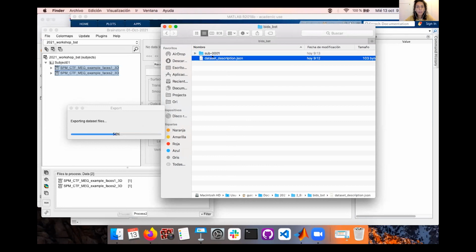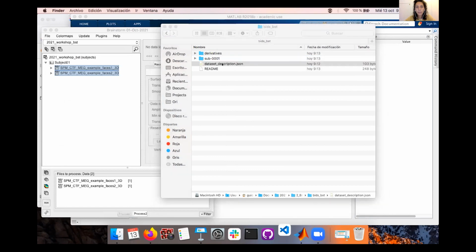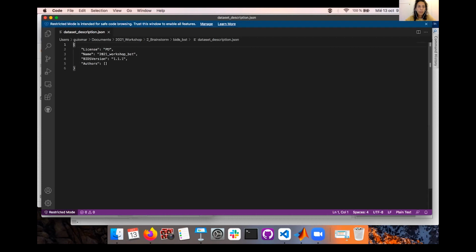You have your dataset description that you for sure will need to maybe tweak or edit a bit. License name, BIDS version, authors. Here you may need to enter a few authors, otherwise you will get an error in the validator.